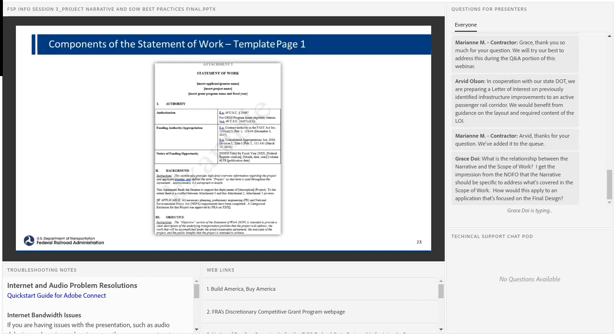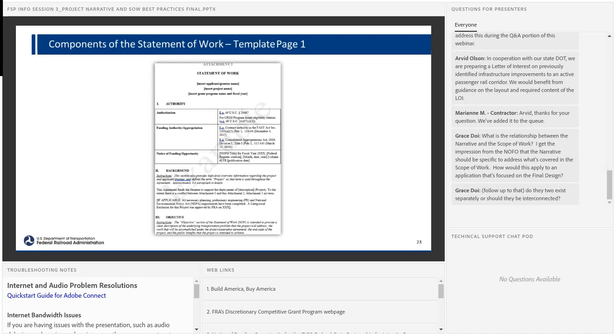So if you want to get an idea before you apply what terms and conditions are going to apply, you can find that on our website. This is the template for our statement of work. And yeah, this is the one that has Christie information pre-filled. Don't worry about that. Like I said, they're all pretty standard across grant programs. But you can see this gives you an idea of how our grant agreements are structured.